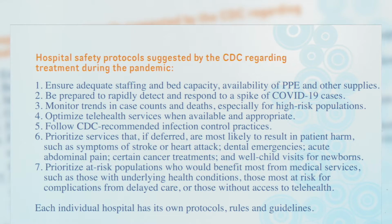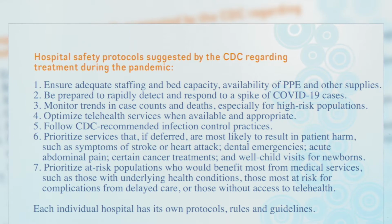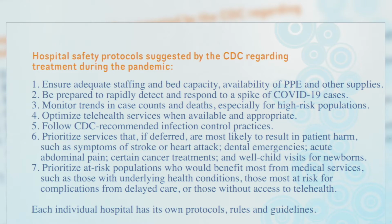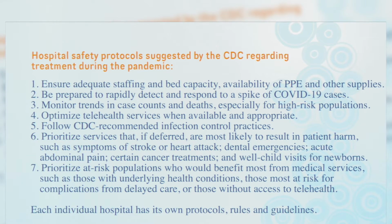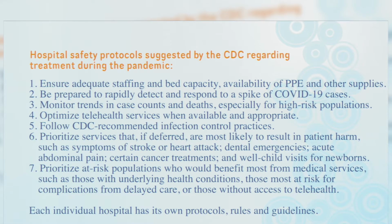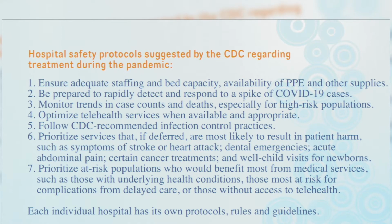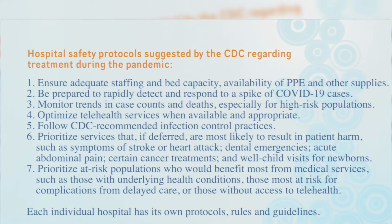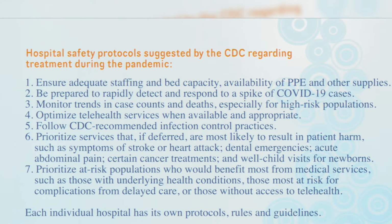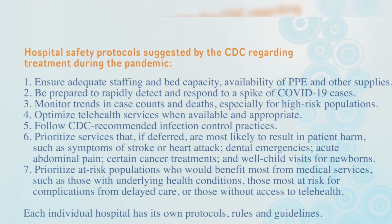COVID-19 cases, to monitor trends in case counts and deaths, especially for high-risk populations, to optimize healthcare services when available and appropriate, to follow CDC recommended guidelines regarding infection control practices, to prioritize services that, if deferred, are most likely to result in patient harm, such as symptoms of stroke or heart attack, dental emergencies, acute abdominal pain, certain cancer